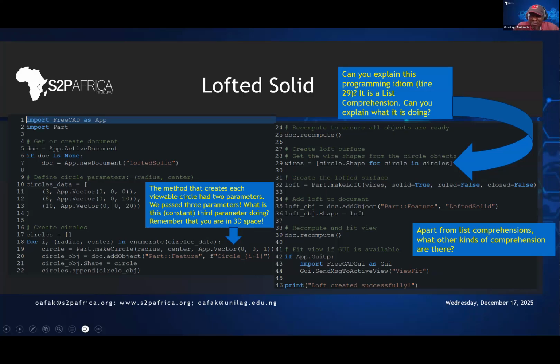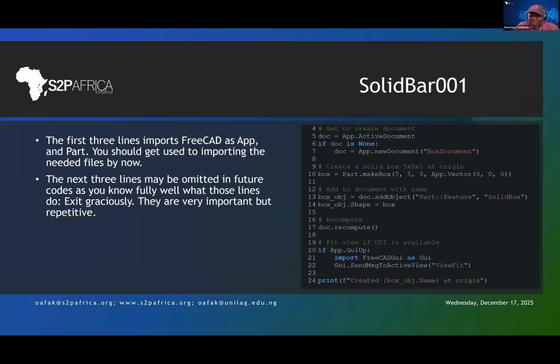The solid bar is even simpler. In the case of the solid bar, you are using the method make box. In the make box method, you are choosing the dimensions of the solid box 5, 5, 5. So that means 5 in the x-axis, 5 in the y-axis, 5 in the z-axis, and it's going to put the corner of that thing at 0, 0, 0. So that is the way to make a box. So if you do this, a box will appear on your